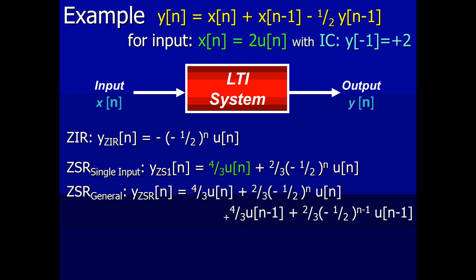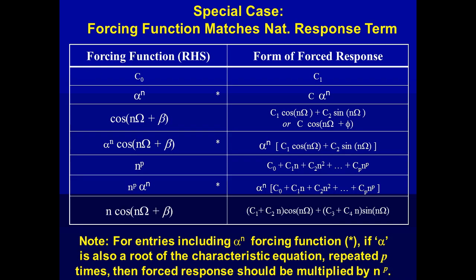Would the zero input response change? No, because that's a response to the initial conditions. We didn't change anything with that. We're just changing the input. So the zero state response is going to change. In this case now, if we're looking for the zero state response, again for the single input case, we're going to need a forced response. And normally we would go in the table and say, okay, well, I've got a minus 1/2 to the n u of n. Let's go to the table, and in that second row there,